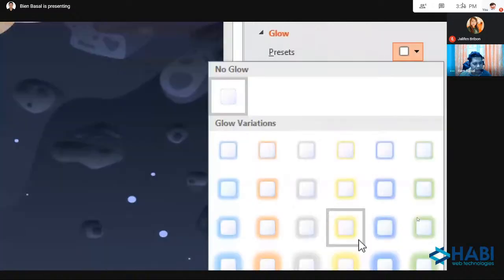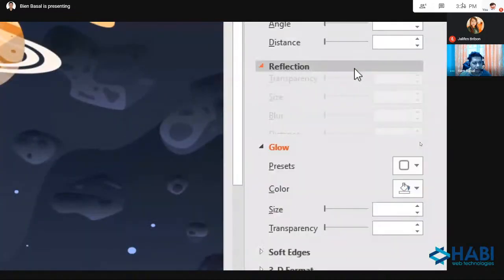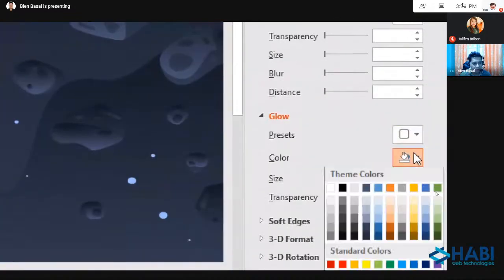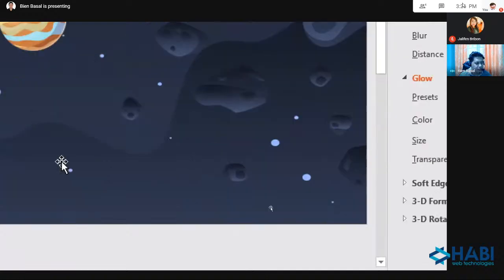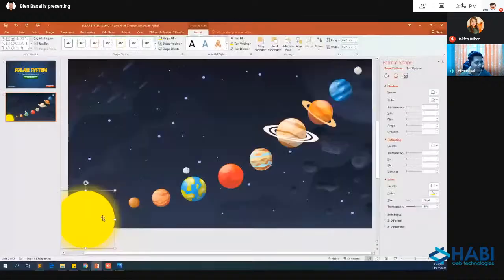I will use glow bright yellow color and glow size, maybe 38 points. All right. So you can play around po dito sa ating controls, no? And check the effect.